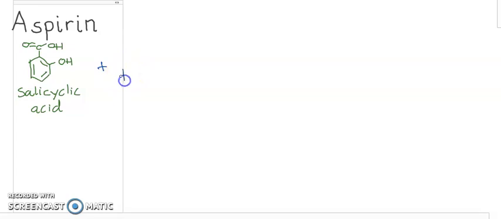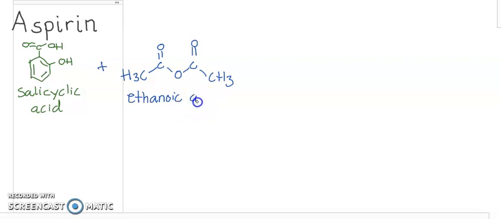So with adding this compound over here, and this compound is called ethanoic anhydride. And what they found out when they added these two together